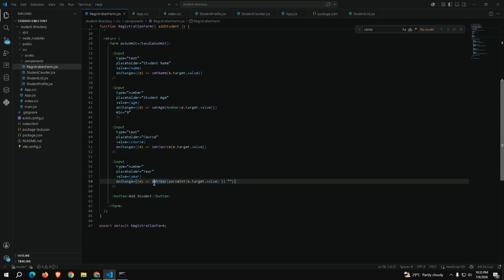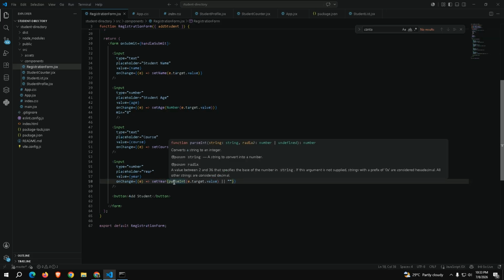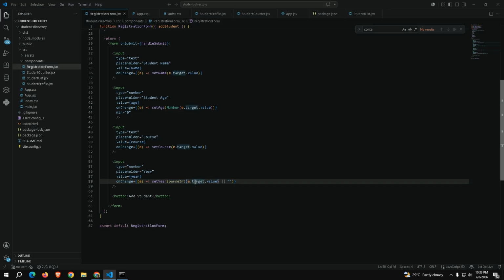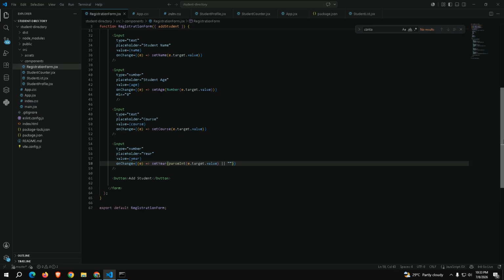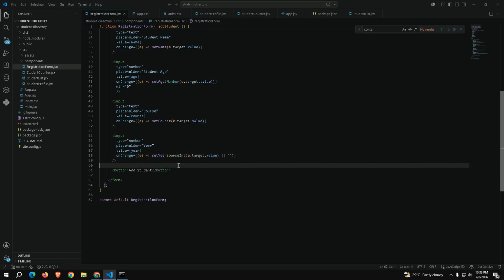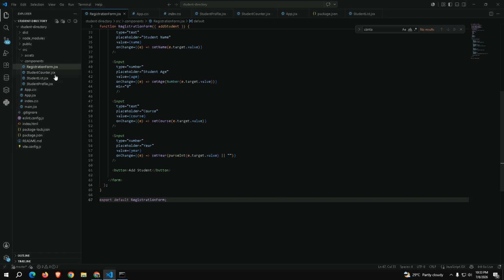So we have setYear parseInt target value or none. After that we have the button form, then export as always.